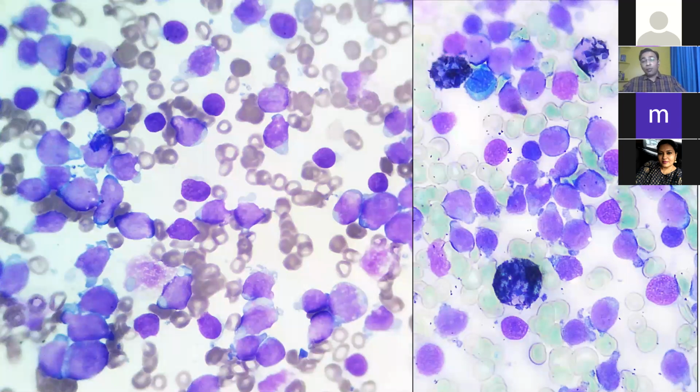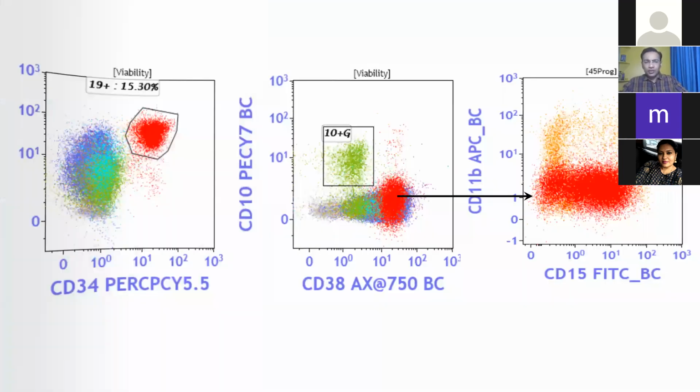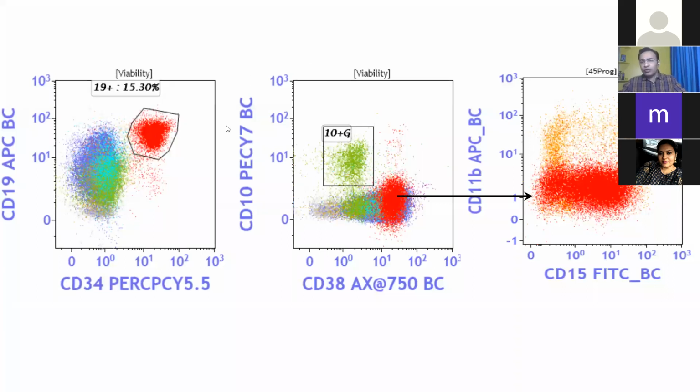Now, and then prognostication. So in this case, I'm just showing a different flow cytometry example. There are 15% blasts which are CD19 positive. Here you can see CD19 is brightly expressed, strong expression. They are CD34 positive, right? So one strong criterion, CD19, is fulfilled, but at the same time CD10 is negative, so another criterion is not fulfilled. So we have to look for CD79A as well as CD22 to confirm the B cell lineage, or it can be another leukemia which